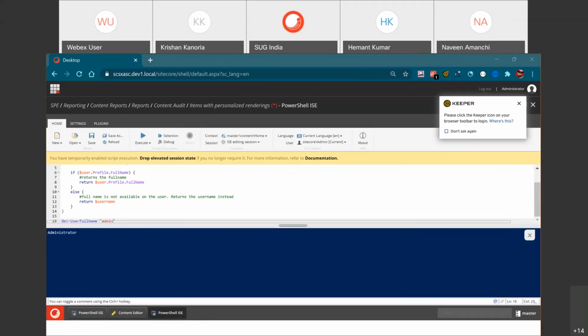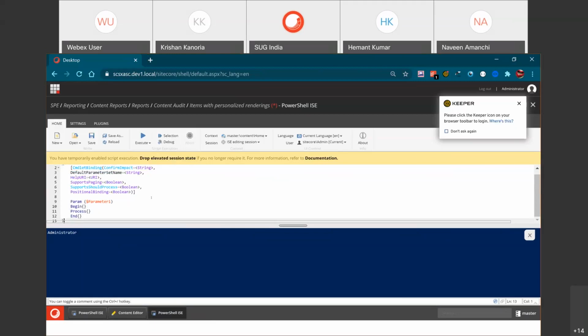Now, after this, you have something called advanced functions. So what are advanced functions? There is a very big library available in the Microsoft PowerShell documentation, where you can see these functions, and under the function you have three blocks where the code executes. Begin is called only one time in the context of 100 rows, let's say if I am importing 100 users. End is for cleanup, and Begin is for one-time setup, and Process is something which will be called 100 times if you're calling a single function.